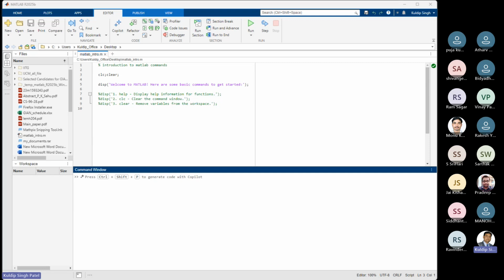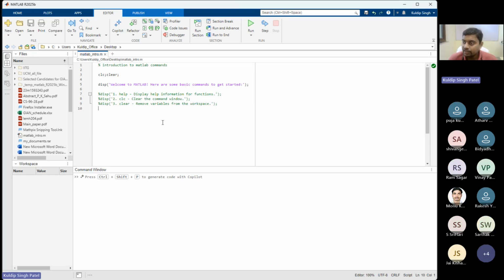What he's saying is that you can simply remove it, and it is one simple command. You just put clc and clear, and it will be done. Now, suppose I have written this: welcome to MATLAB. Here are some basic commands to get started. If I run it,